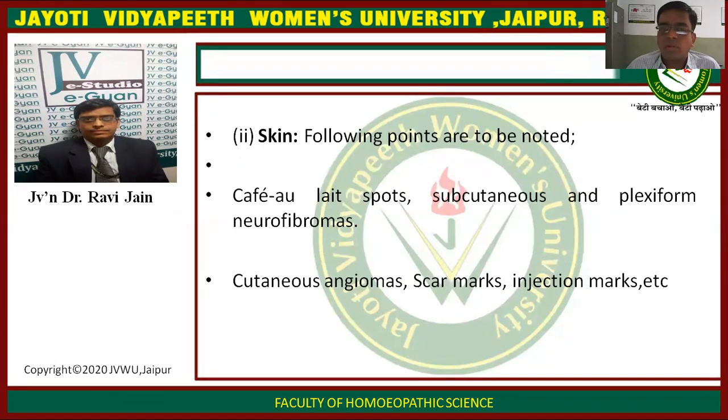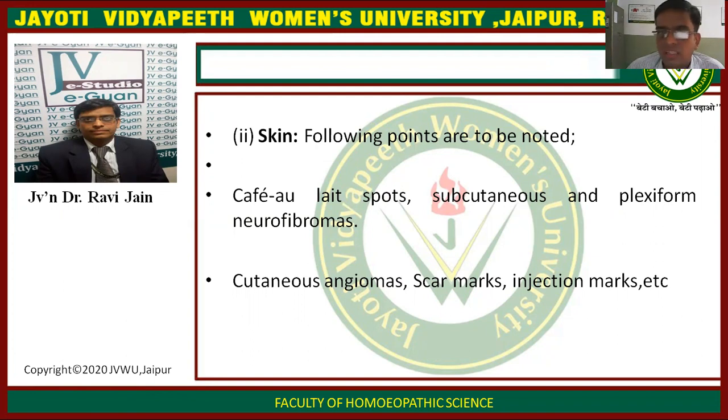Then we will look at the skin. And while looking at the skin, I have already discussed with you that while doing the general physical examination, we have to look at things from head to toe. So we have seen the head, we will see the eyes, the nose, mouth, and the teeth. We will also see the ears. We will also check for cervical lymphadenopathy, and we will also check the carotid artery, the jugular vein, and we will also check for left supraclavicular lymphadenopathy.